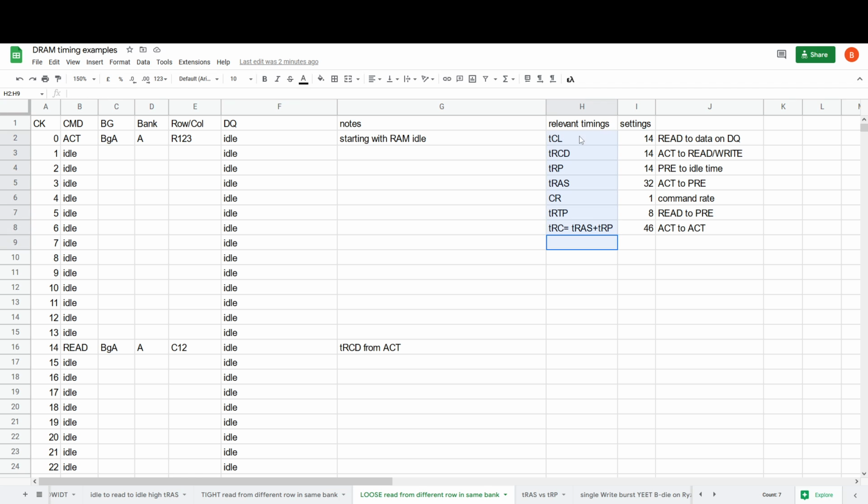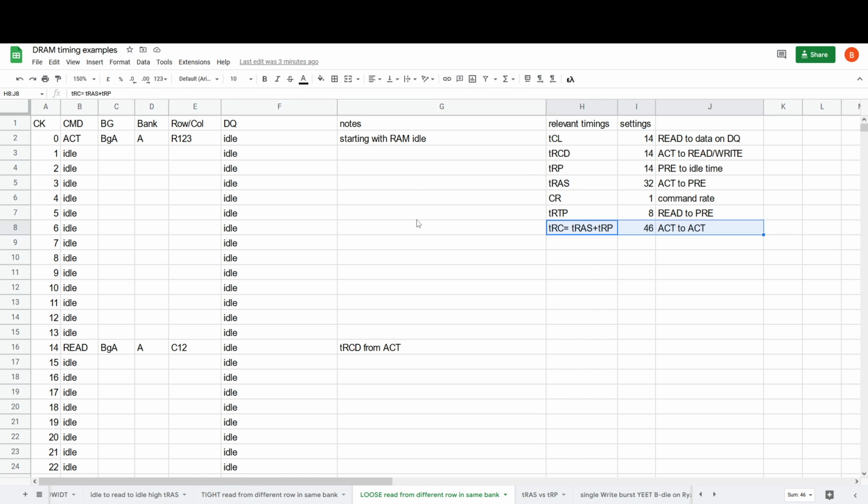So as you can probably imagine, I'm absolutely thrilled about this part. That's sarcasm. I'm not thrilled at all because, especially tRP is a sensible timing. This is a timing that makes sense. I don't like the name. It stands for row precharge, if I'm not mistaken. But this is a sensible timing and it's not weird. tRAS, on the other hand, is weird. And tRC is also weird. And tRTP, well, actually, tRTP is very specific in terms of what it does. So basically, I hate these two. Really don't like those two. Anyway,